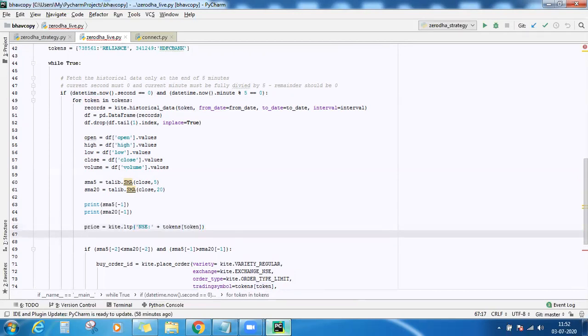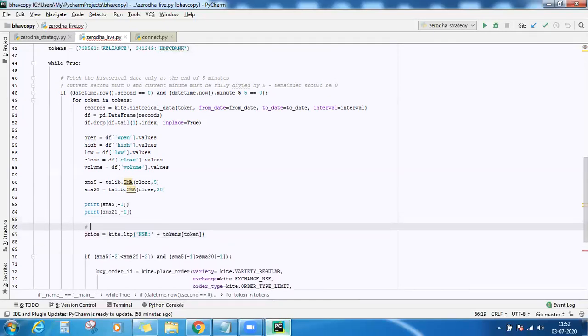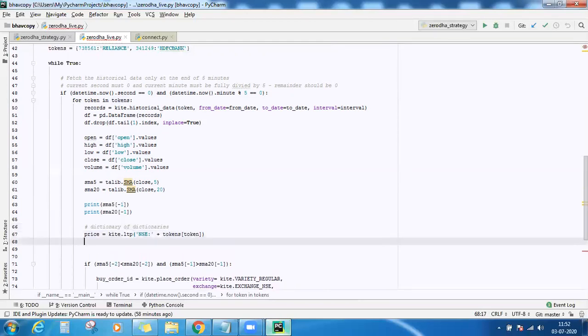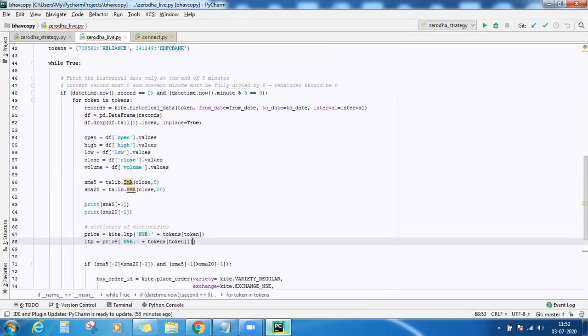So now this will return a dictionary of dictionaries. That will be returned to me, and from that I want to extract the LTP price.